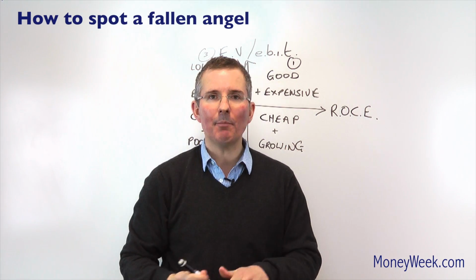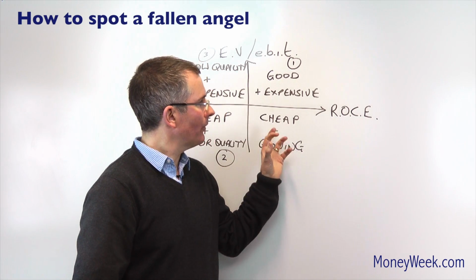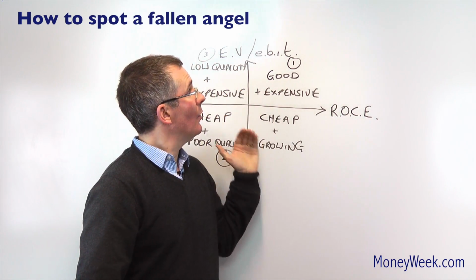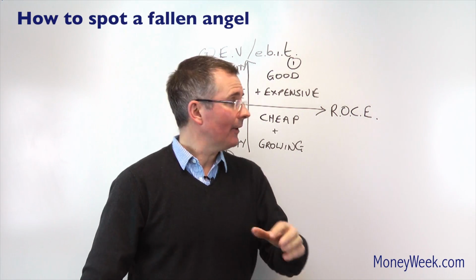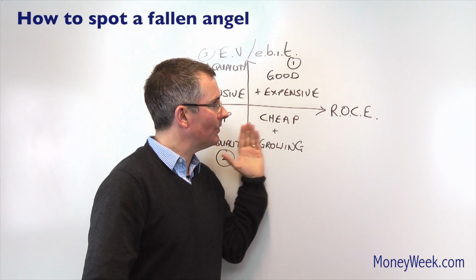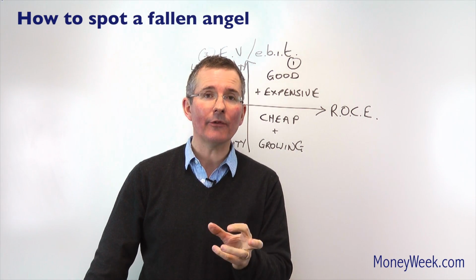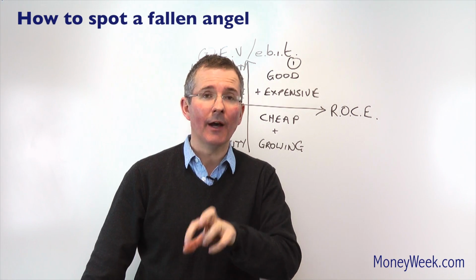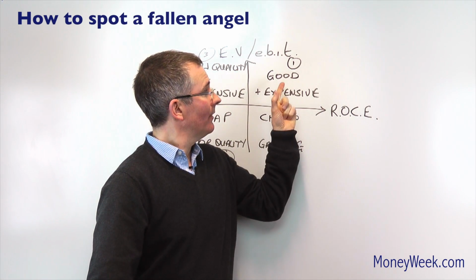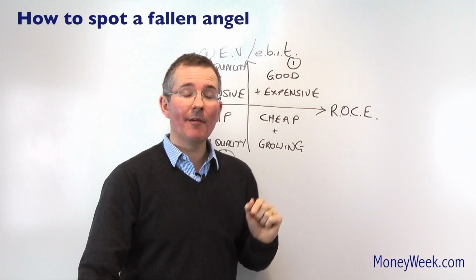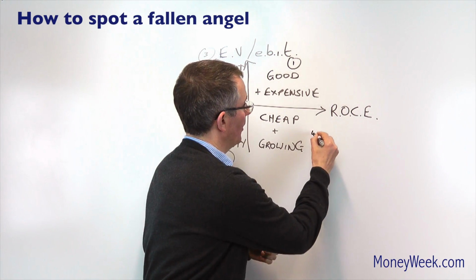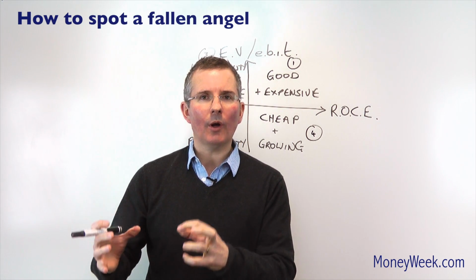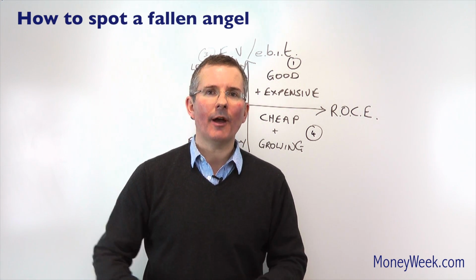So maybe these are the beaten down stocks, the ones that have been unfairly punished by the market in the past. They've got below EV to EBIT, but are now capable of generating decent return on capital employed. And the point is this, sooner or later everyone will cotton on to that fact. Sooner or later they'll probably move up into quadrant 1. I'm not saying they're going to stay here forever in quadrant 4, but that is where you might find your fallen angels, good quality stocks that are having a bit of a hard time, but actually have managed to